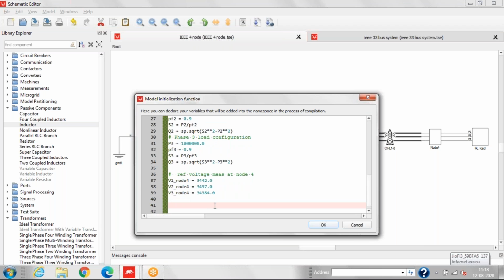Now we'll calculate the R and L value. So for that we'll define